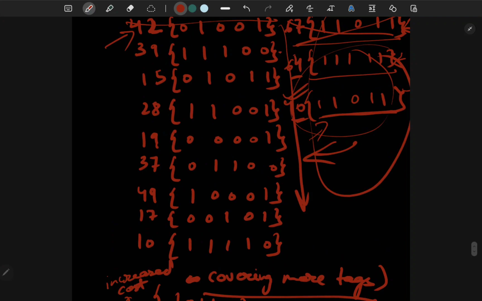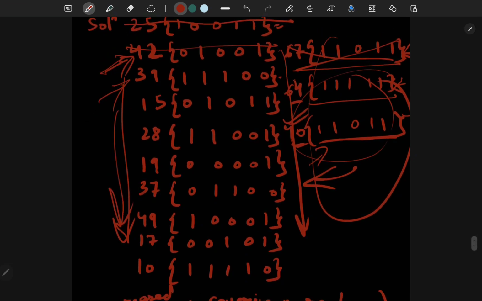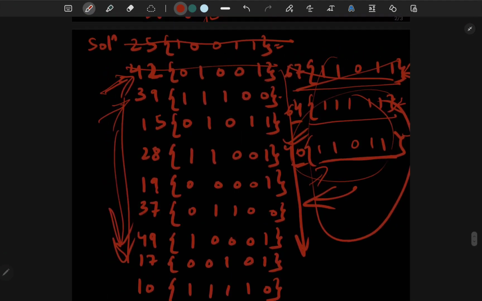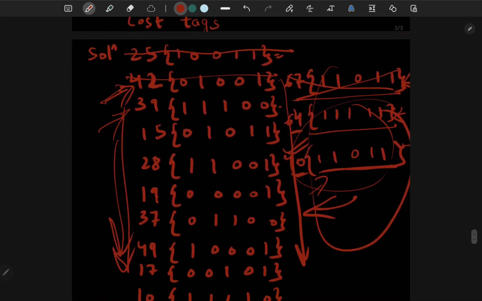But this also looks a bit tacky or a bit laborious, like selecting each question and going through the entire list and then selecting another, then going through the entire list. So this is also a bit troublesome. So what we can do to improve upon it is that, since we know that the number of tags is 12, so at max there can be 12 tags, like 1 2 3 4 5 6 7 8 9 10